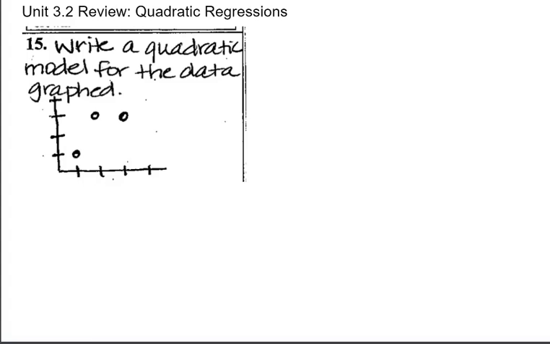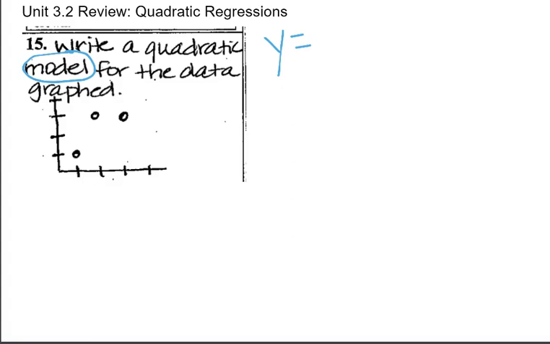It says to write a quadratic model. Whenever you see that word model, another word could be equation. It could also say function. So keep in mind that this word model can mean many things. It could mean to find an equation or a function. So we are looking for an equation starting with a y equals, and since they didn't give us points, we